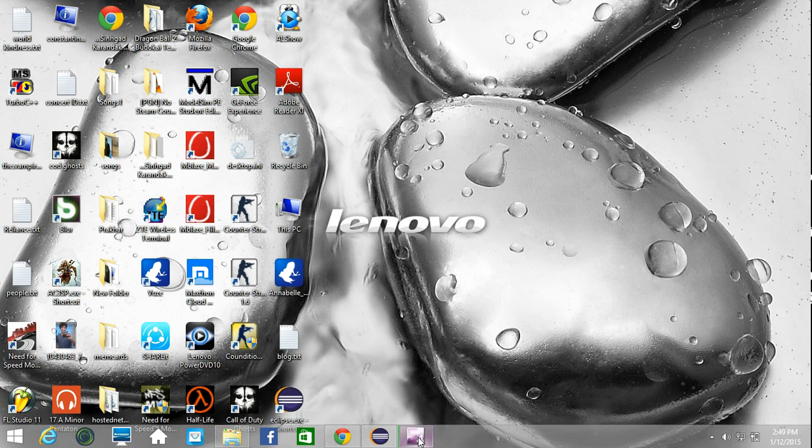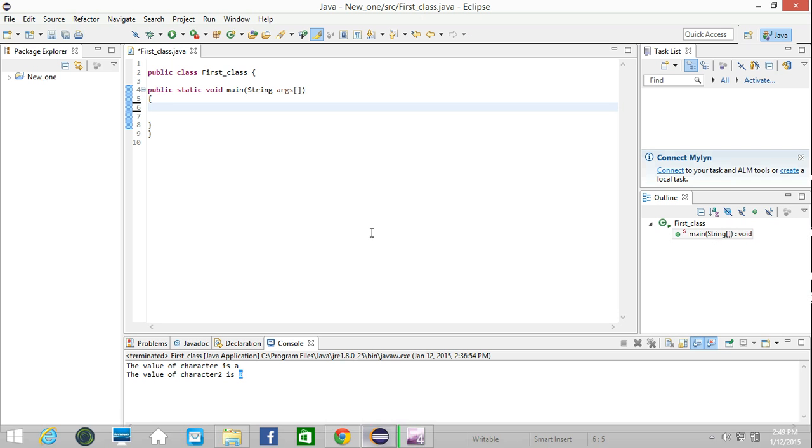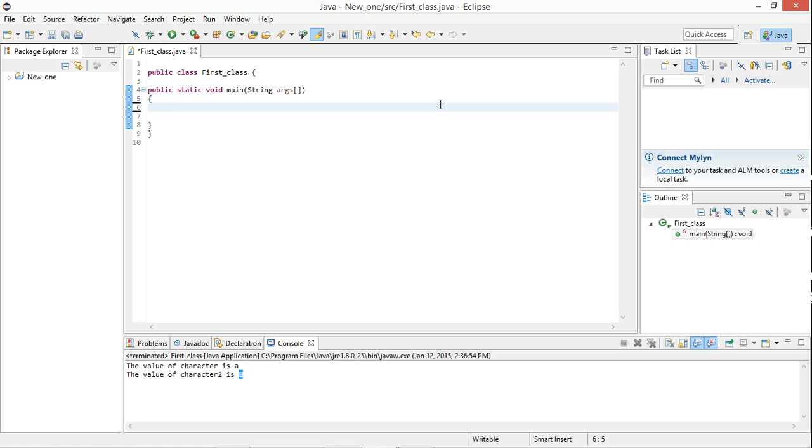I'm going to open my Eclipse, which is already open, minimized. Okay, so let's see, how would you actually write anything on the output screen? You guys do that as we have seen in past tutorials. System.out.println,